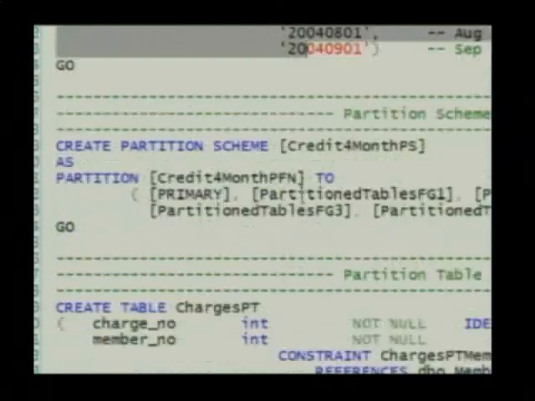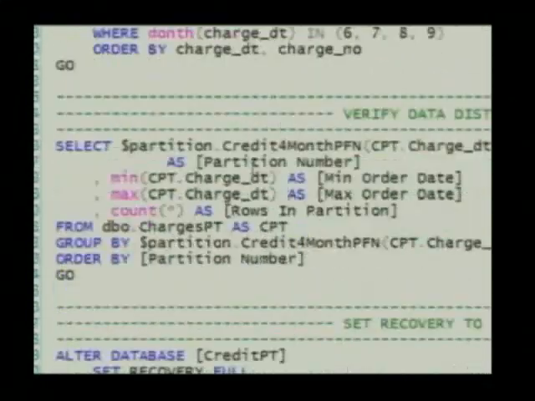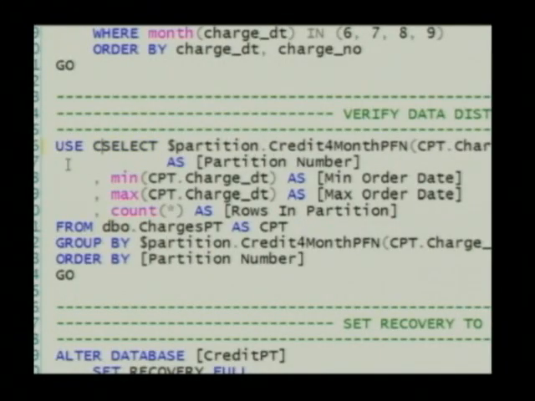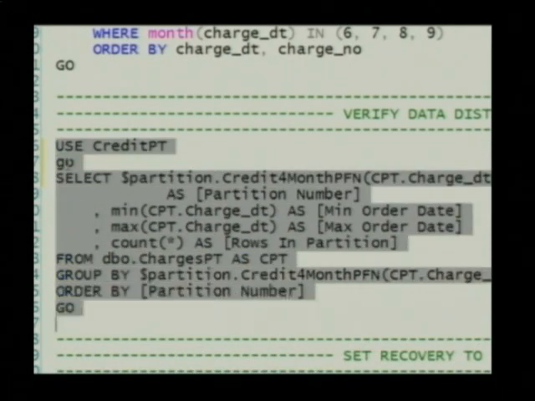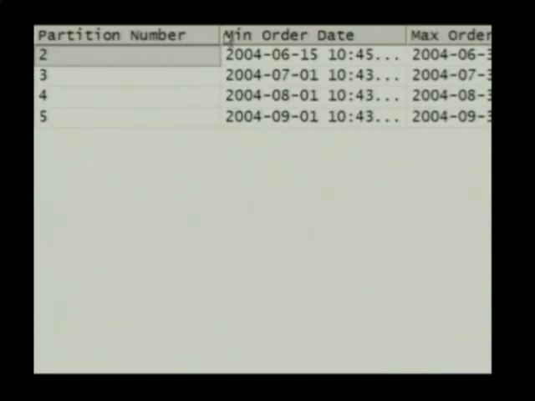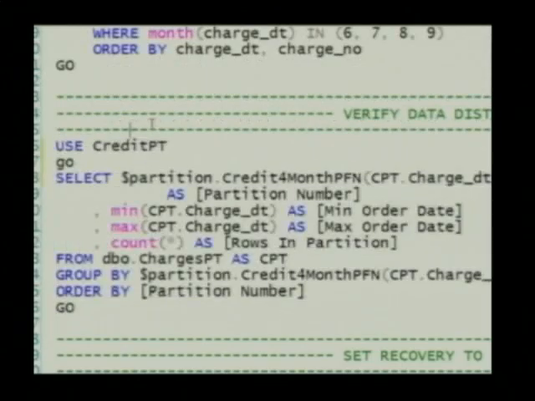And it does the same partition function, the same partitioning. If I say use credit PT, you can see that I have all of that same data partitioned as well in that database. I have this on drive C as well, mostly so that you can see both of these scenarios and throw the snapshots in, and you don't need to have anything like this. So the snapshot,